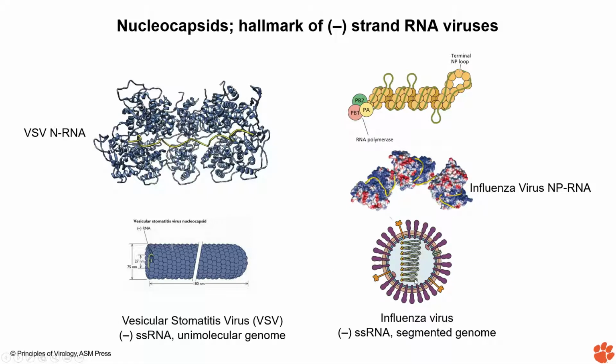So here you are looking at a bigger picture of that. Each one of them is a segment, and at the end you see that there is tiny 3 little dots. Those are your PA, PB1, PB2. So you have all of the segments are associated with the RNA polymerases. So that's how it looks like.